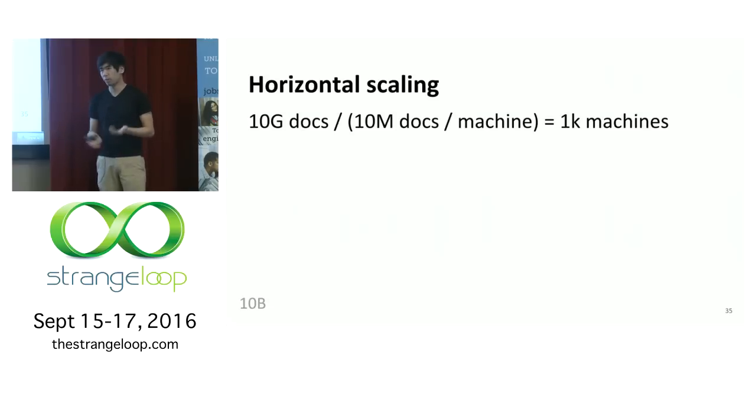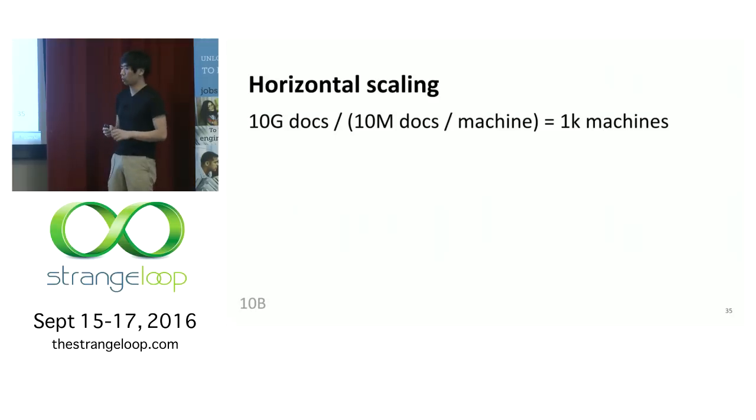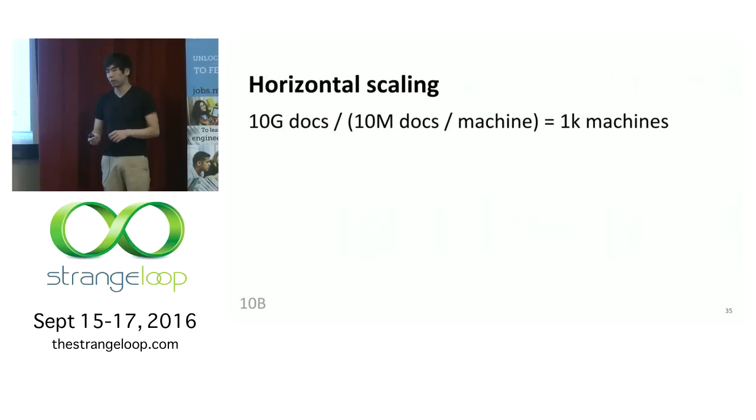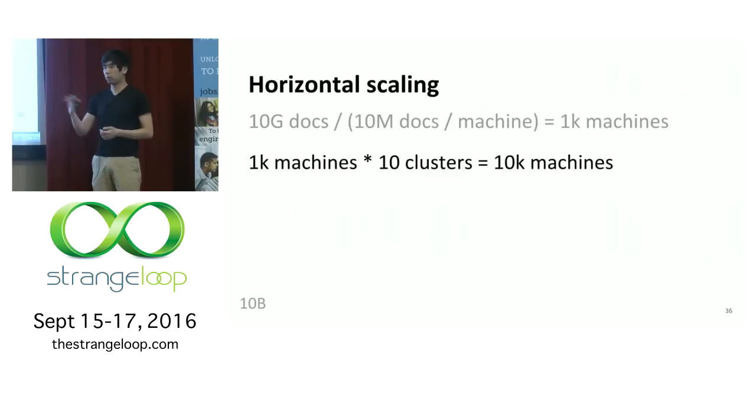But let's say, since I work for Microsoft, these machines are in Redmond. Let's say you have a customer in Dresden. That customer does a query and it adds, let's say, 300 milliseconds to your query, right? So here we spend all this effort building this index and get a result back in 3 milliseconds. And then we spend 300 milliseconds going across the internet, right? That's not so great. So instead of having one cluster somewhere, maybe we have 10 clusters scattered all over the world. And so maybe for any particular user, they only see like 30 milliseconds of latency from going back and forth across the internet.